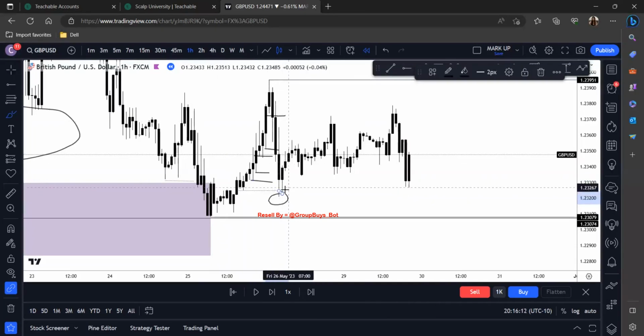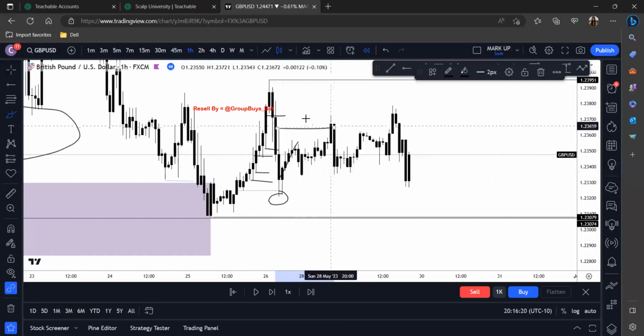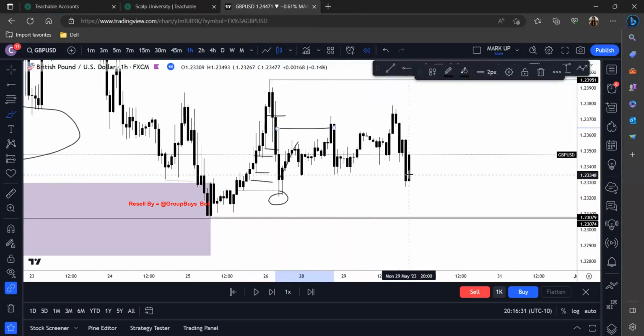And then what had happened? We broke structure again. You could have probably gotten another entry right here on the lower time frames. We broke structure right here. We did it again, right? And what is price going to target from here on out? Because we're kind of stuck in this trading range right now. This is our high, this is our low. We're kind of consolidating in between, right? And we see the same thing happen. Before we continue bullish, what happened here?